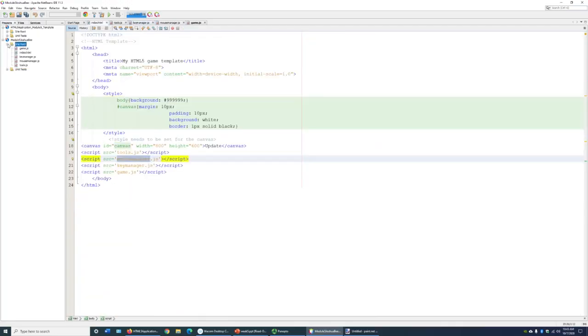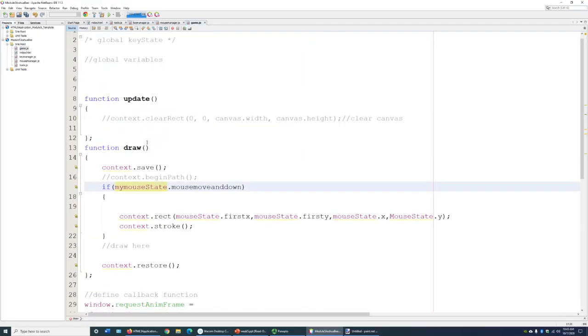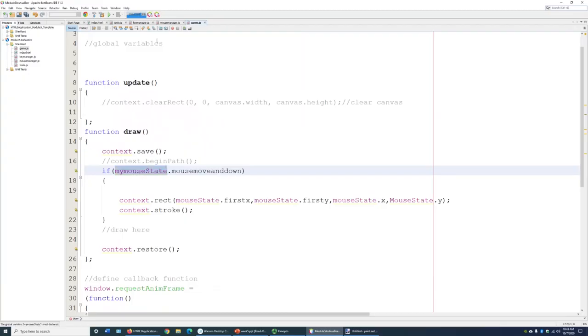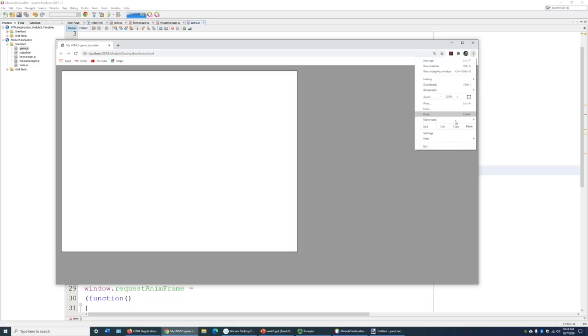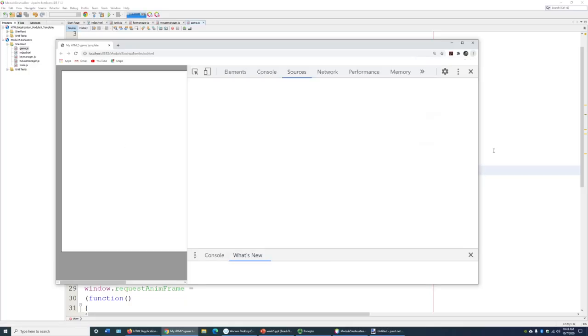So now we can actually test this, I believe. We've got my mouse state correctly done. Let's see what happens. Okay, we still got problems. Okay, let's set a breakpoint. Let's go back into here, developer tools,